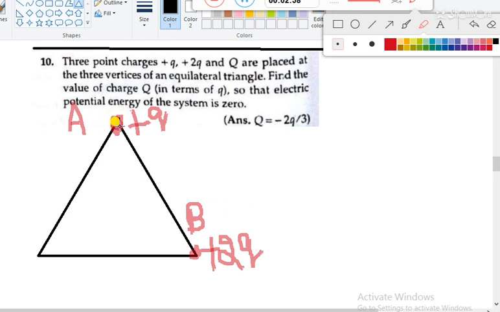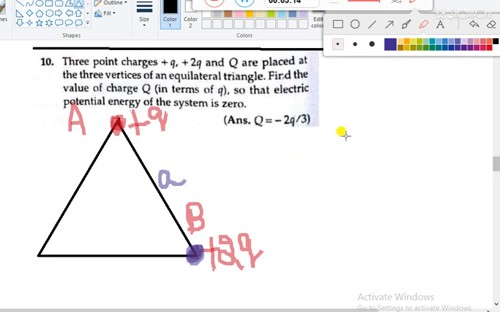Till now we have just this question. I will take only this question. So students, let's suppose this B charge is initially at infinity. At infinity the potential due to A will be 0. So to bring this charge B, that is plus 2q, from infinity to point B, the amount of work done,